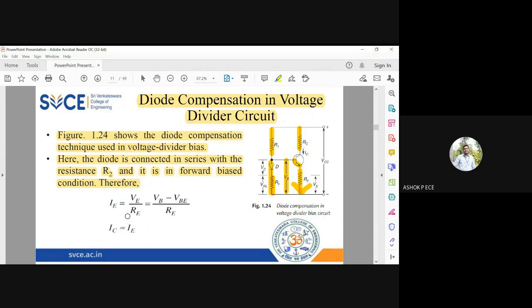And mostly in transistors, we apply this approximation: IC will be approximately equal to IE, assuming that the base current is very, very small. So wherever I use IE, I can replace that with IC without compromising on the logic, since the base current flowing in the circuit is very small. Okay, so I can write this equation as IC is approximately